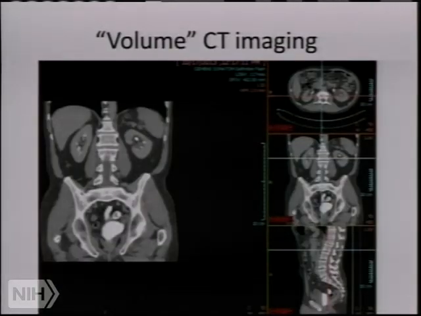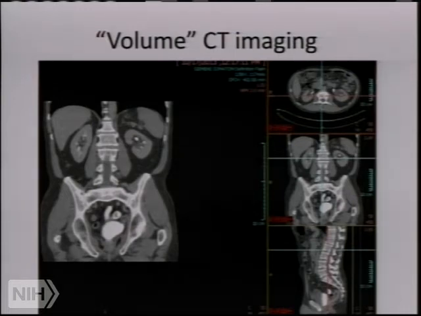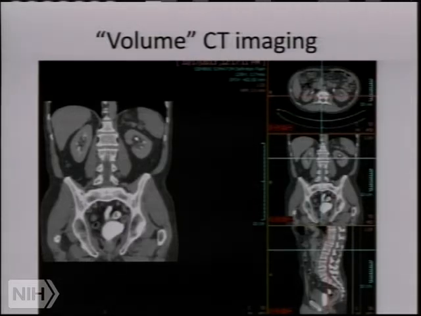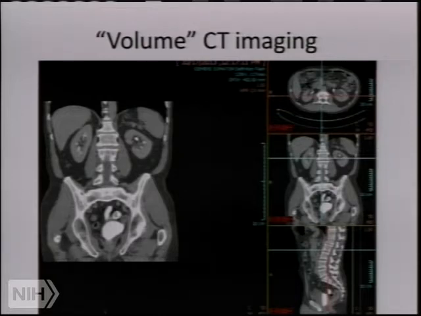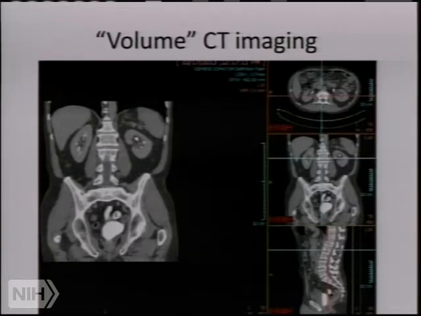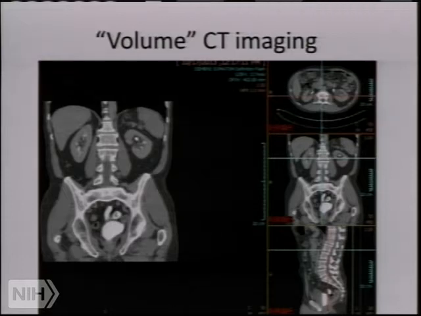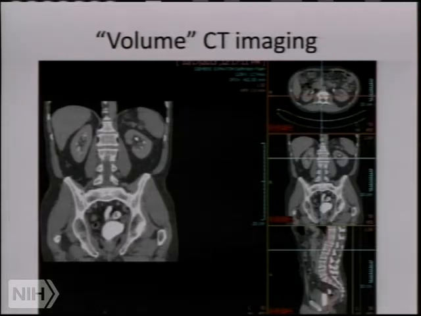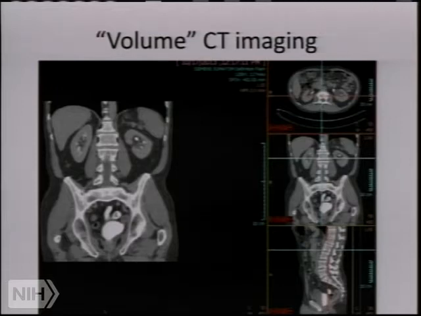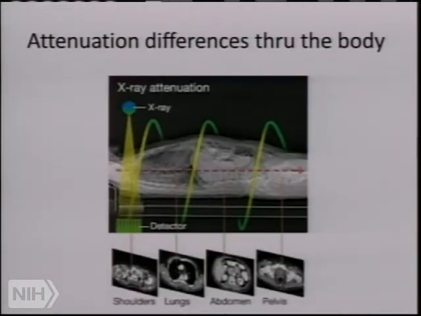And because you can stack these slices very closely and actually get 1 millimeter slices through the body, it enables you to look at the images in any plane. This is the native plane, the so-called axial plane. But you can stack all these axials together to create a coronal plane, or look at them sideways to create a sagittal plane, all with the same data set, no extra radiation. So one data set allows you to look at the patient in multiple planes, just like this. That's called volume CT imaging.